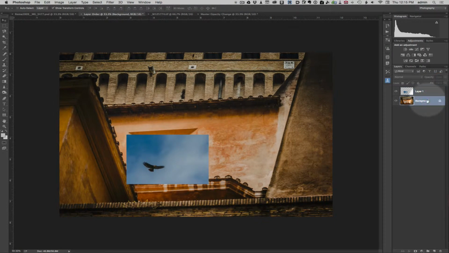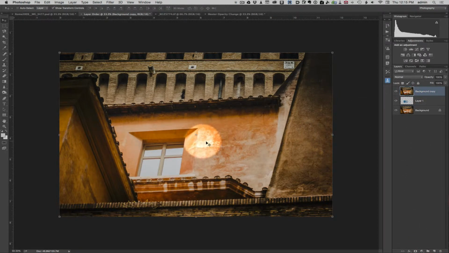I'm going to select the layer that I want to work with and duplicate that so I'm working on a copy. And since this is so easy to select, it would be tempting to simply grab the magic wand and